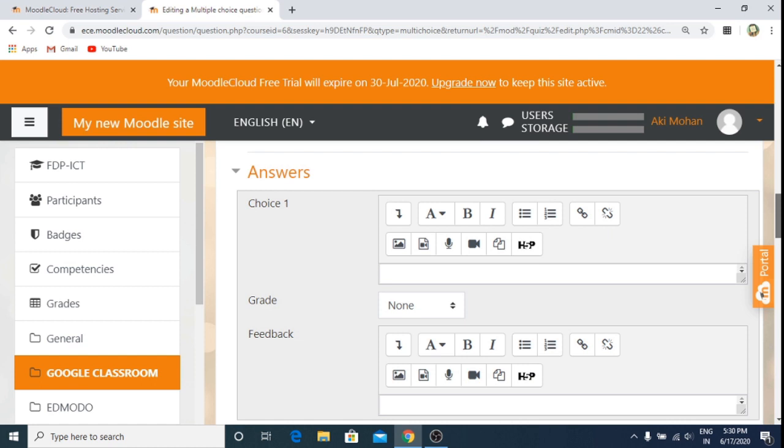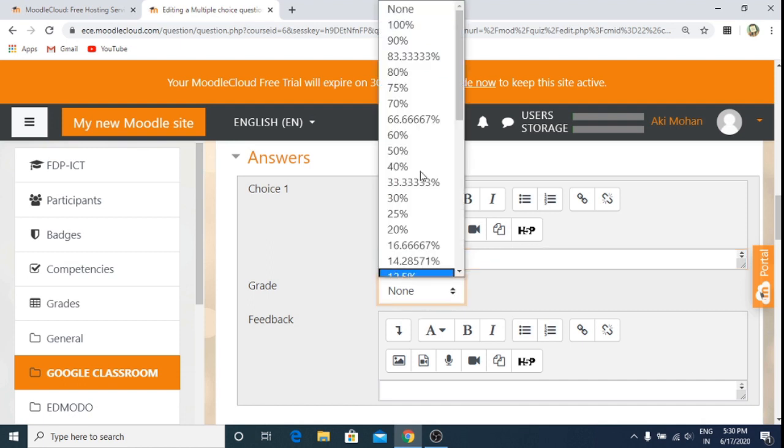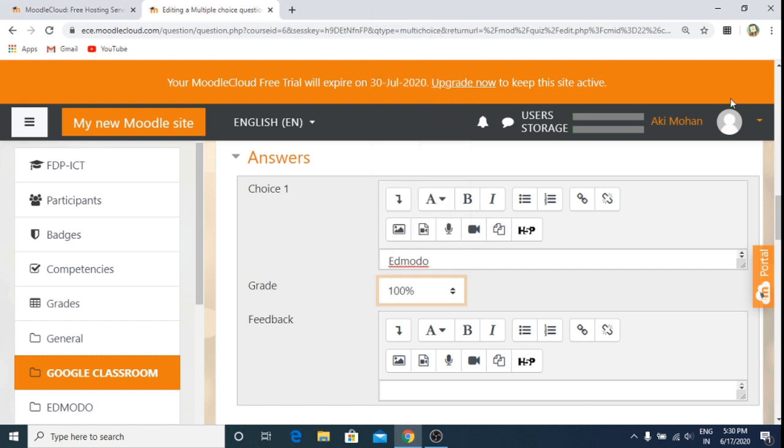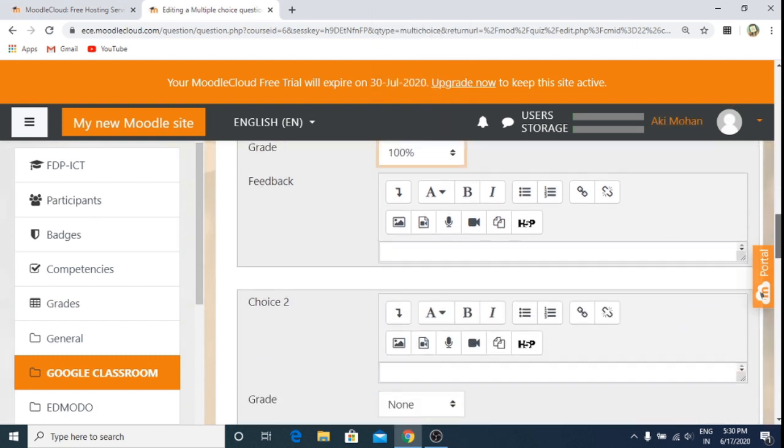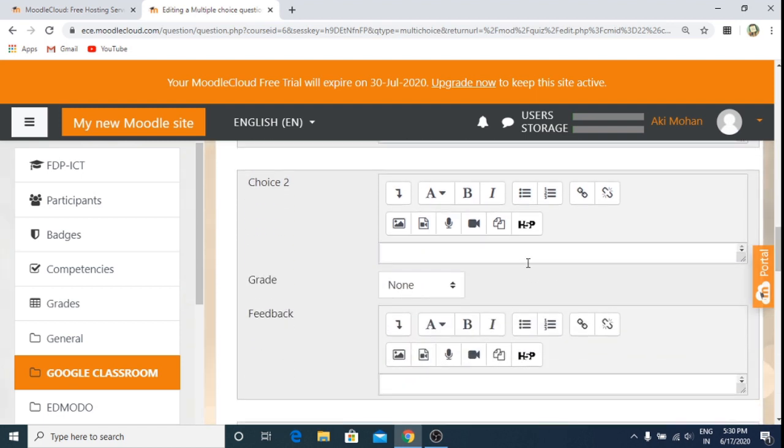So the first option is Edmodo. It is 100% correct. I can even add a feedback here, as you can see, with case your answer is correct, that is also a feedback.